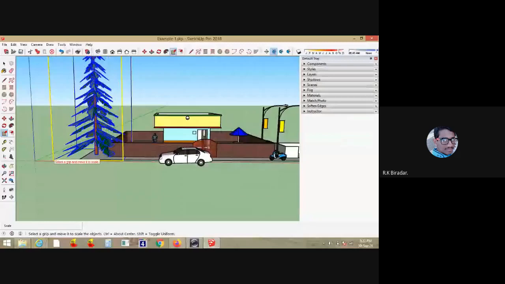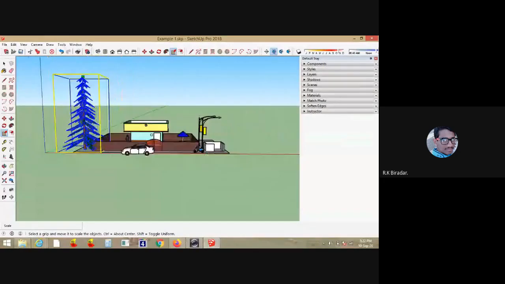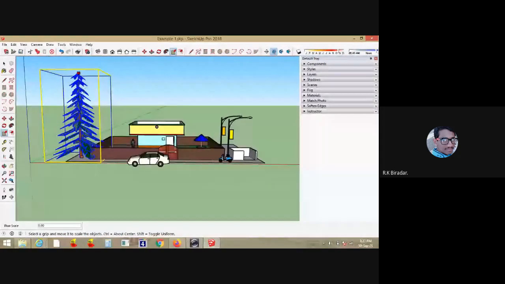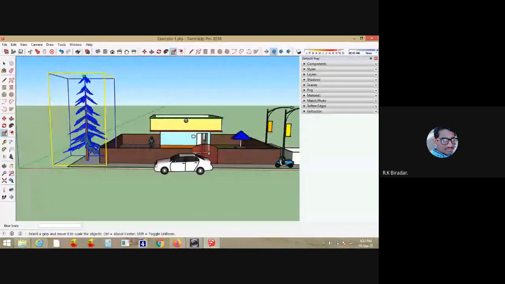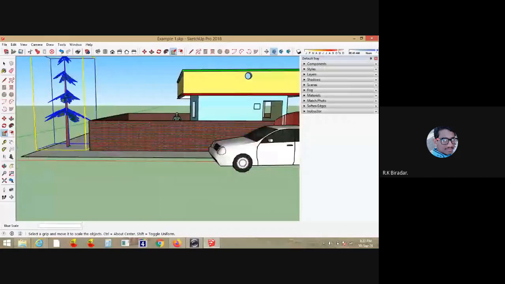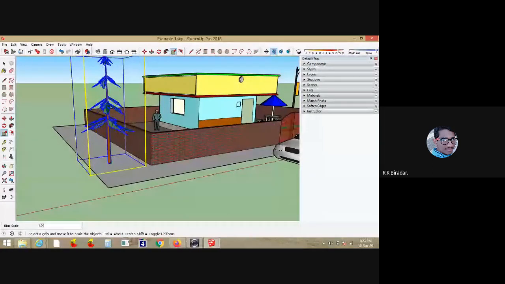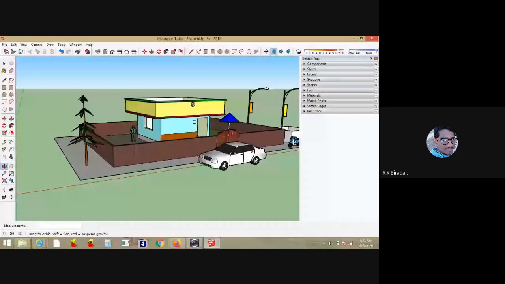Give some reference point, and just you can reduce the sizes. You can scale it like this. This is about scaling.